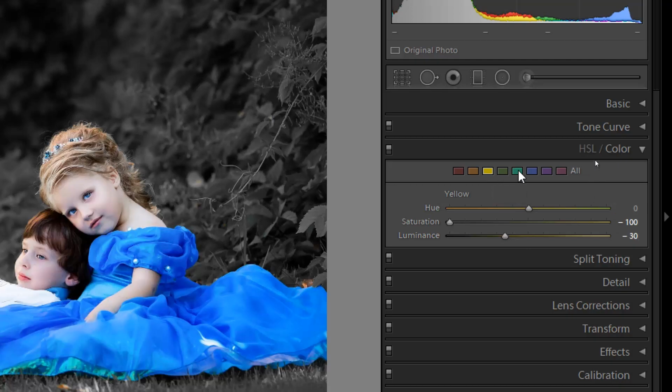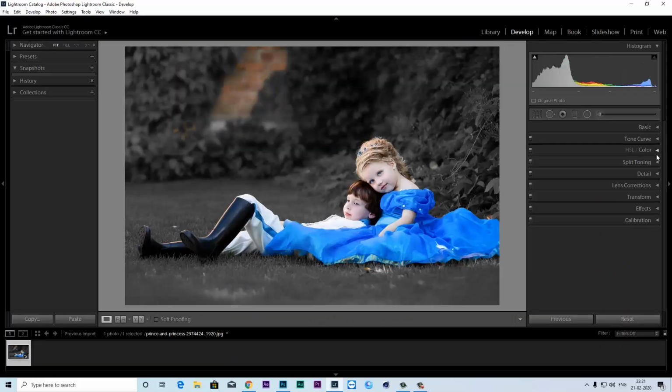And go to the aqua color, saturation again minus 100, and go to the orange color, orange, and saturation should be increased like 8, and luminance should be 40. 35 is enough. Yes, I think 40 is enough. Yeah, 40 is good. Go to the other settings, basics,